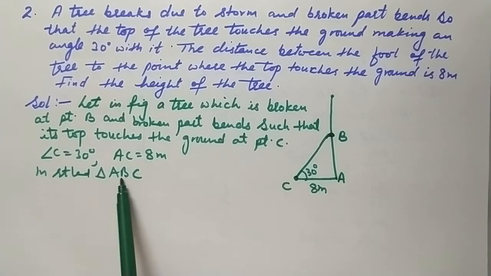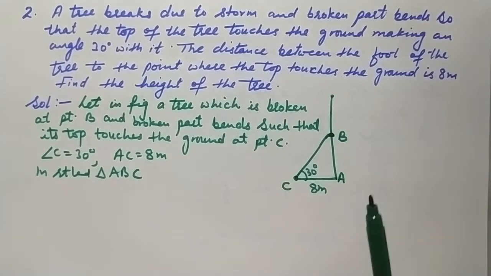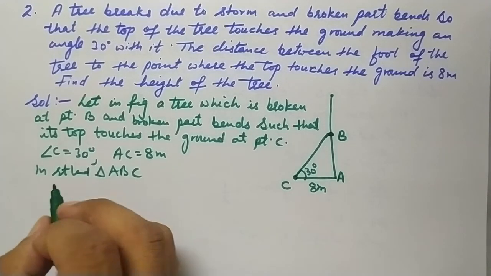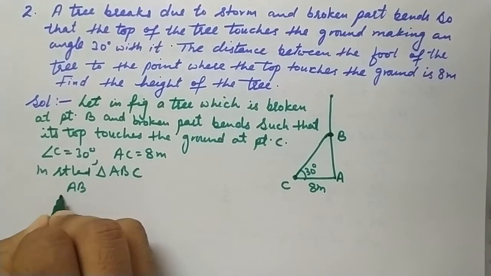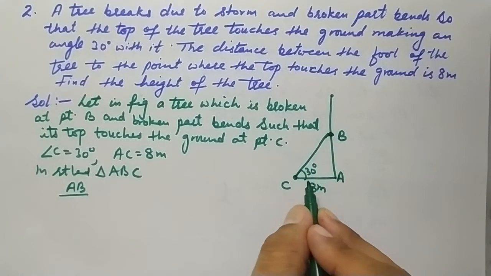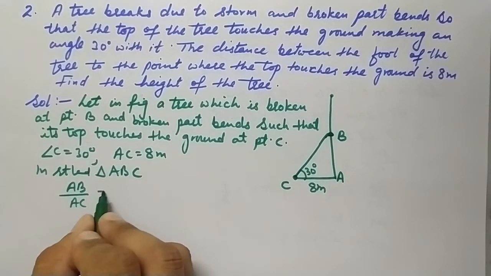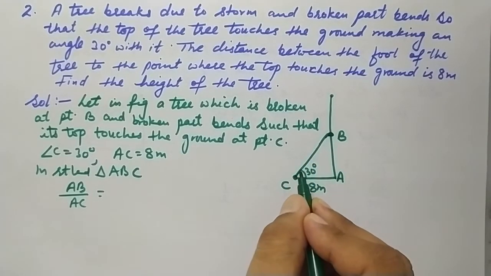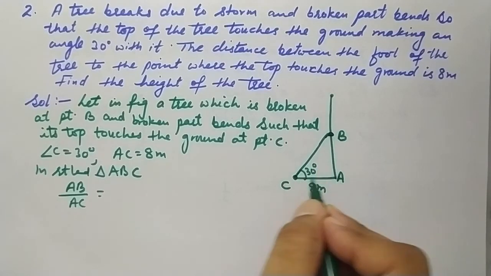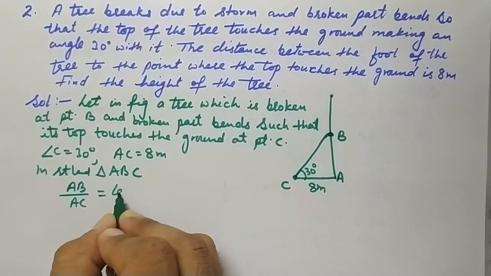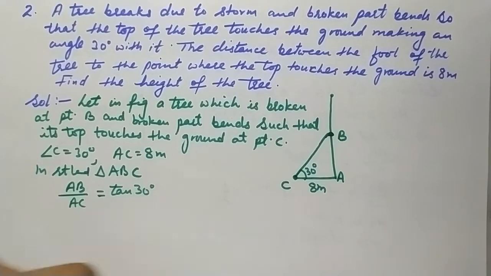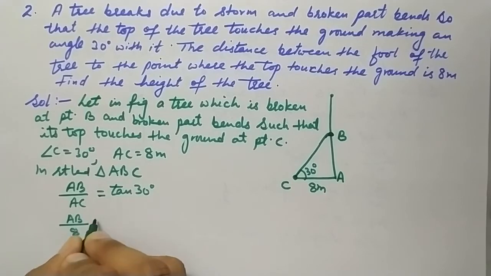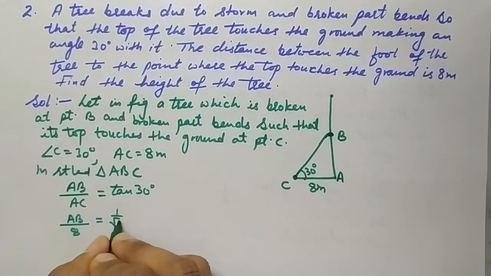Now in the right angled triangle, what we are to find out, we will write in the numerator. So suppose I need to find out AB, so it is AB over what is given here, which I'll write in the denominator, that is AC. So see here, AB over AC, this is perpendicular over base with respect to this 30 degree angle. So P over B is tan of the angle, so tan 30 it will be, right? Now you can fill the values. AB over AC is 8 and tan 30 value is 1 by root 3.